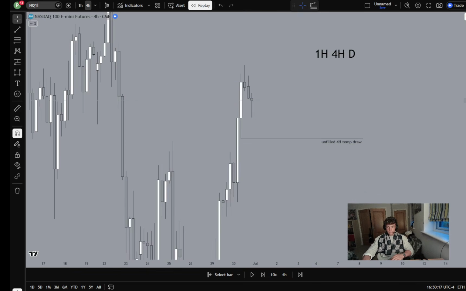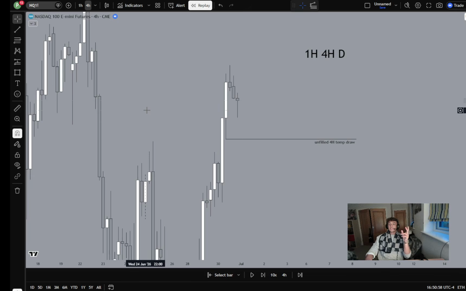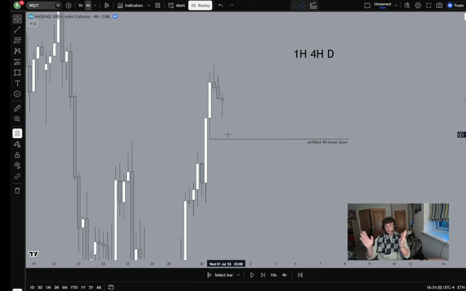So let's break this down once again. Okay. So the temporary draw was the unfilled 4 hour. How could you have taken this to your advantage? Two ways. Either you could have been very disciplined and been, okay, so I want longs, meaning if I'm trading OTE, let's identify the range and let's just wait for price to sweep the unfilled. Let's say you have some evals, okay?